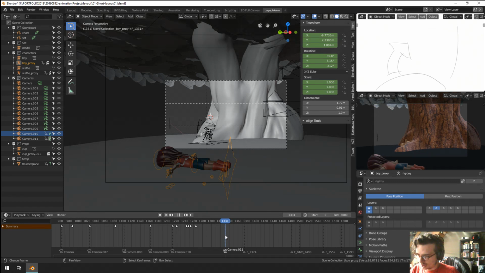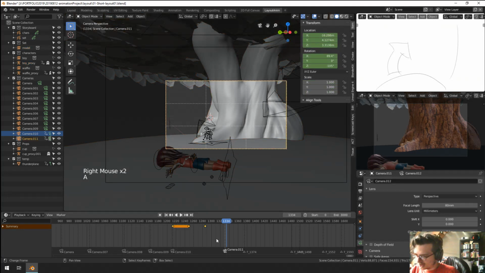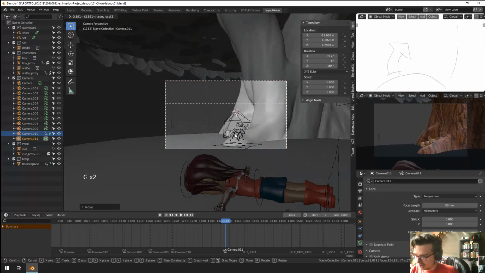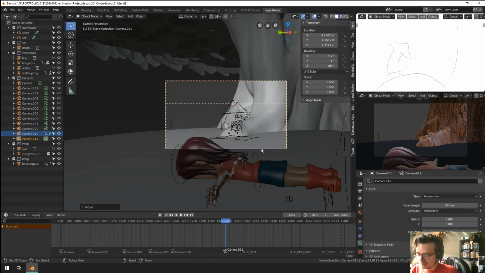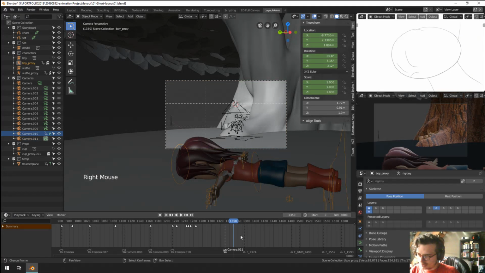Whoops, what happened here? Oh, because I duplicated this camera and this still has keyframes. Okay, so yeah, my mistake. You don't need to put it like this. Okay. So now,